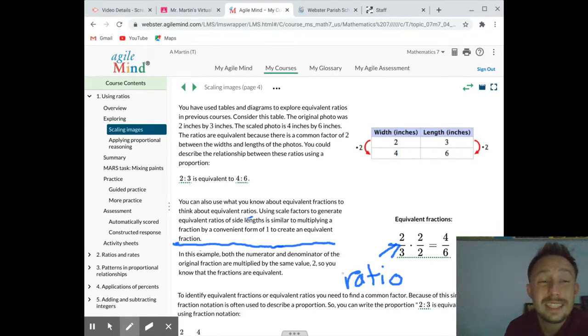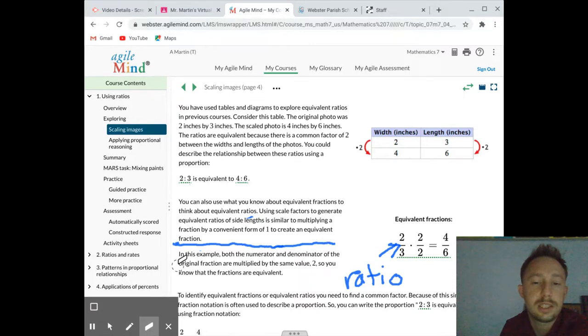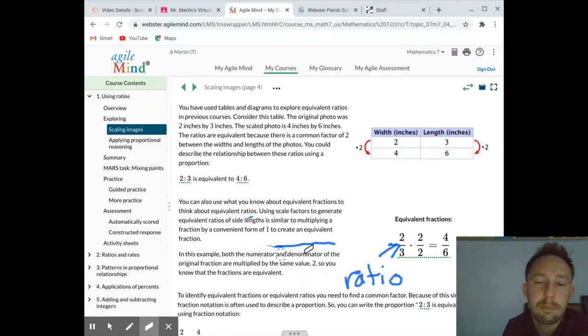So this can get quite confusing if you don't do it a lot. So you need to understand that there's a difference between a ratio written in fraction notation and a regular fraction. All right? So we're going to talk on that a little bit more, and it'll get simpler. I know that sounds like a lot right now, but it will seem easy after we use it a little bit. All right? So looking at this next thing,